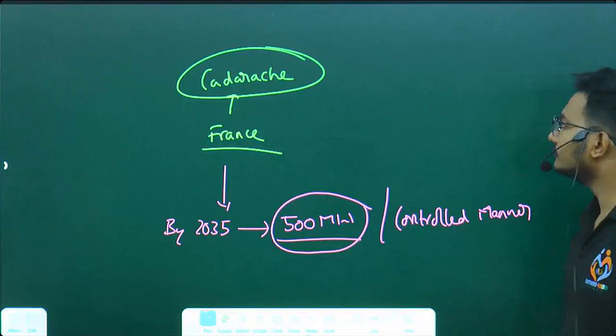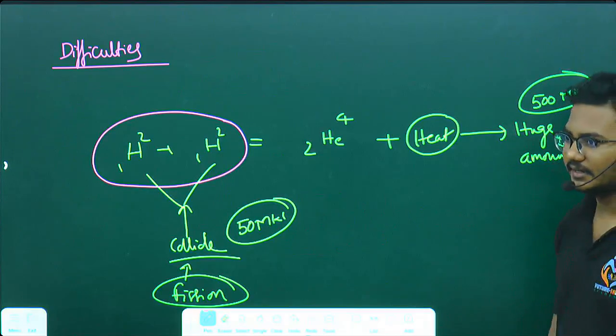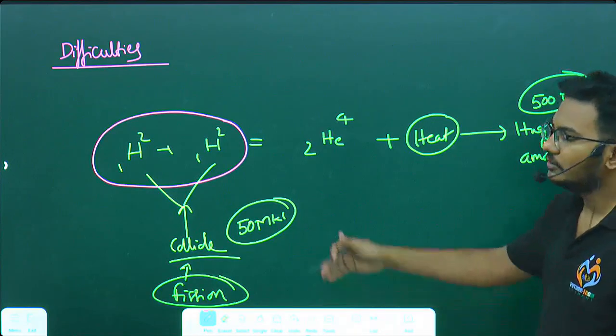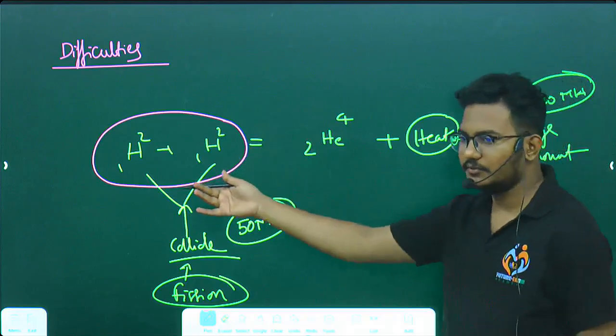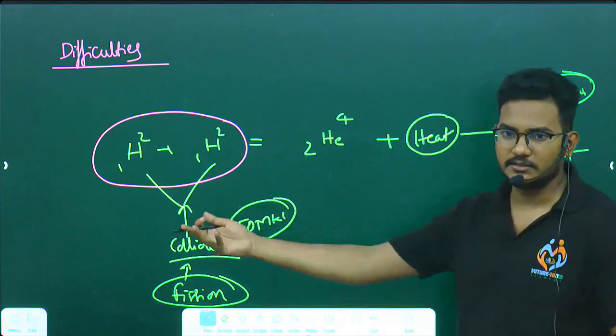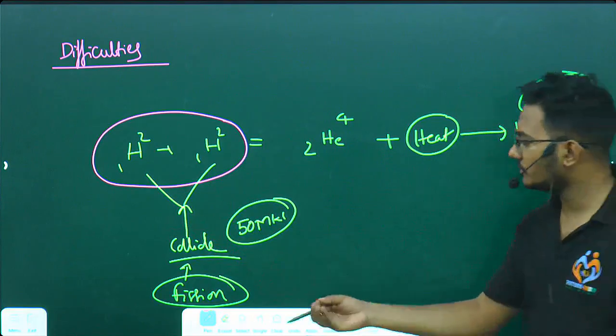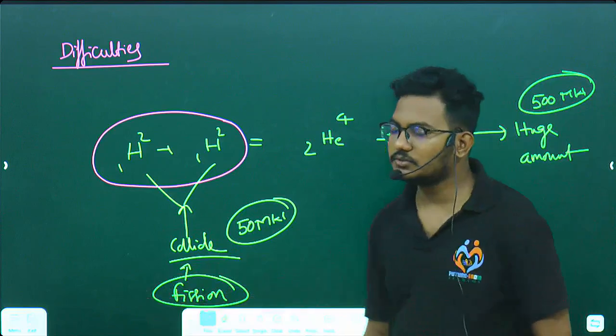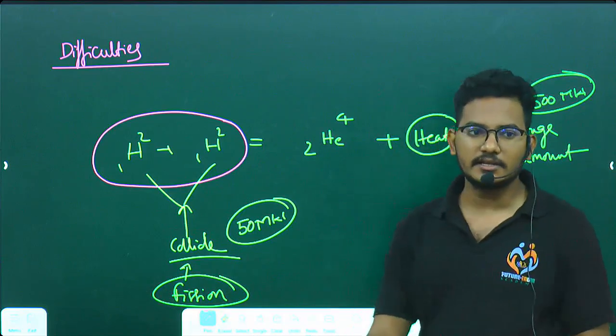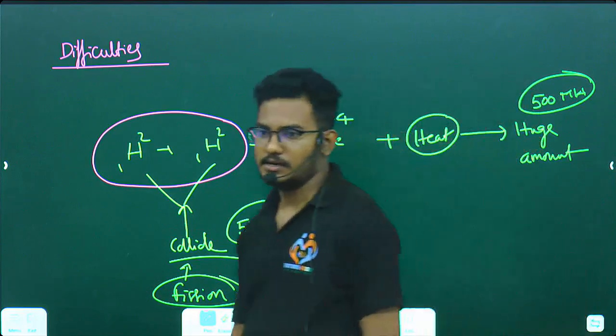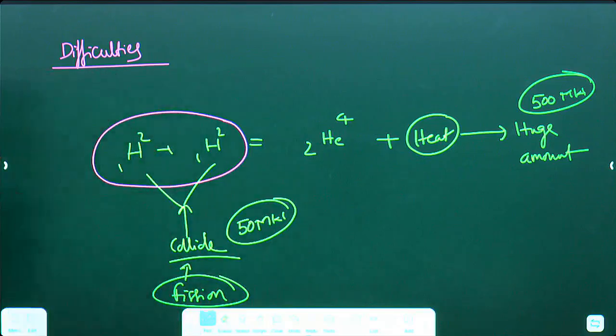Finally, the difficulty here is, if they want to start the process of fusion, they need huge energy. This huge energy they'll get through a process called fission. So to start the process of fusion, they need energy through fission. Understood? Now write down